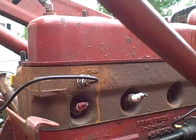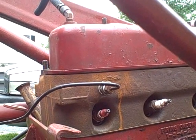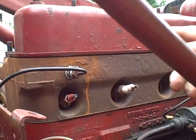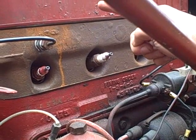Alright, last time I was out here and the battery died, I was working on the valve clearance. I finished all the valve clearances. Basically, I just went from intake to exhaust on each cylinder. I started with number 3, and since I know the firing order is 3, 4, 2, 1, I waited,